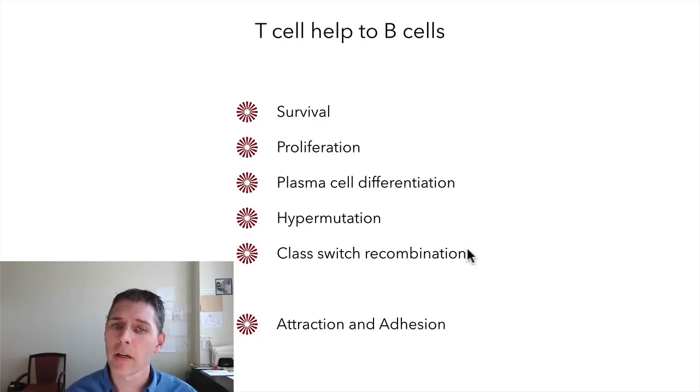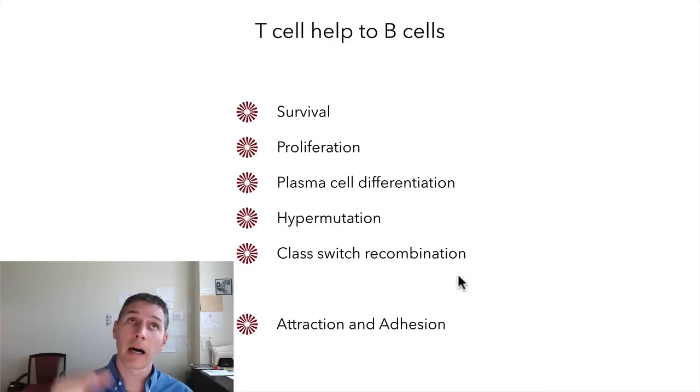Class switch recombination, I discussed some earlier. Really, IL-21 and IL-4 together are potent inducers of class switch recombination from IgM to IgG, and in humans, IgG1 is the dominant IgG isotype and is also broadly functional against a range of pathogens, and is the dominant class switch induced by